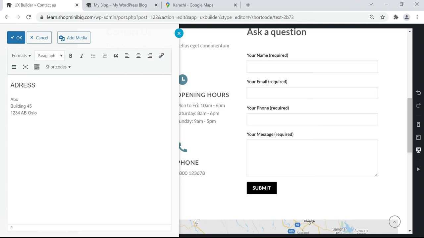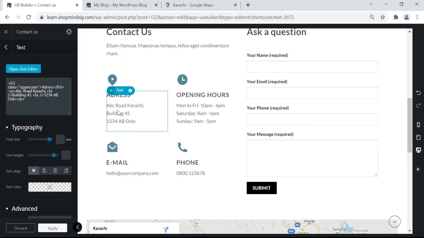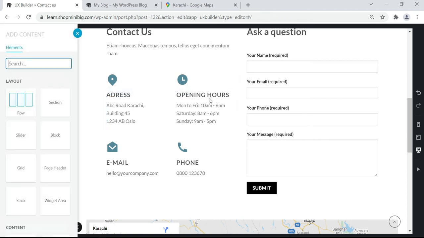You can give any address according to you: ABC Road, Karachi, building 45. Then click OK. Here you can select your timings.